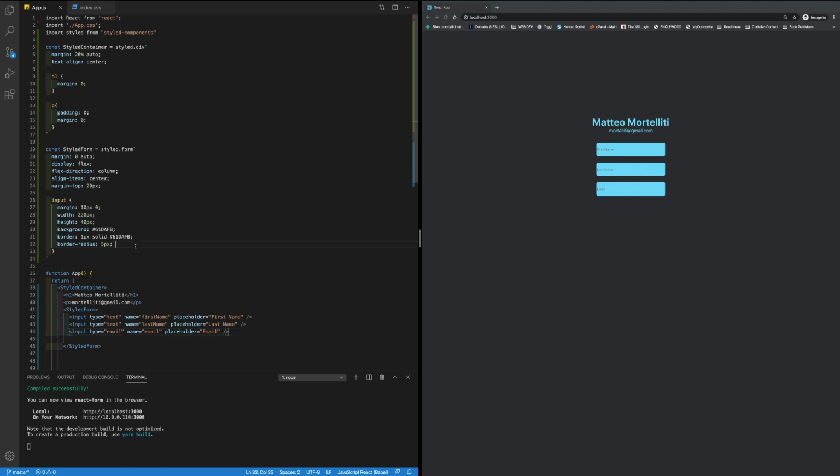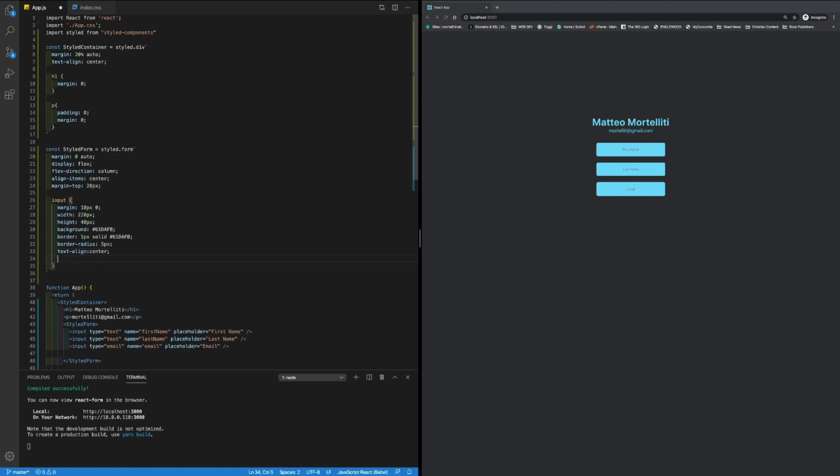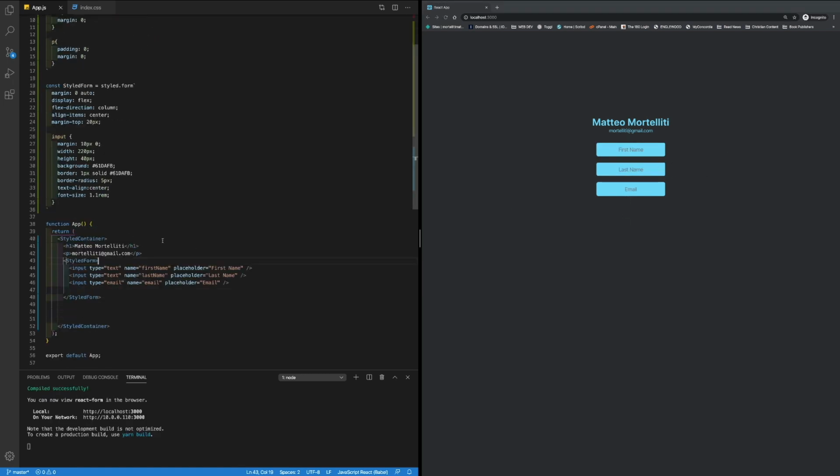And we'll do a text align center, and maybe the font size should be a little bit bigger. There we go. That's starting to look good. Now what we actually want to do here is to be able to trigger this up here, the name and the email, and then